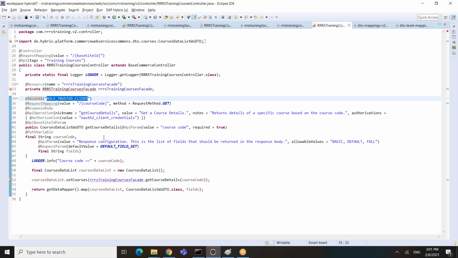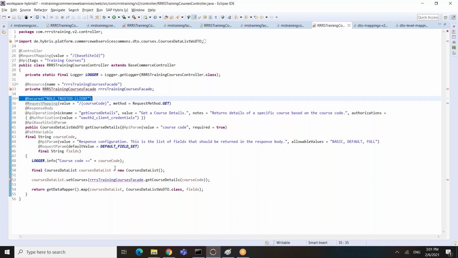Whoever the user is that is trying to access, they must have this role to get this data. Otherwise, they cannot get the data. That is the purpose of Secured. So if you don't define the roles, anyone can access this method.